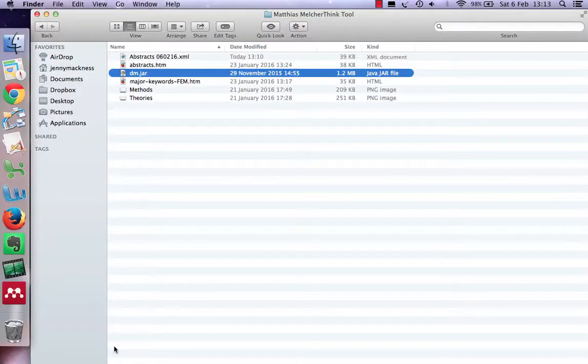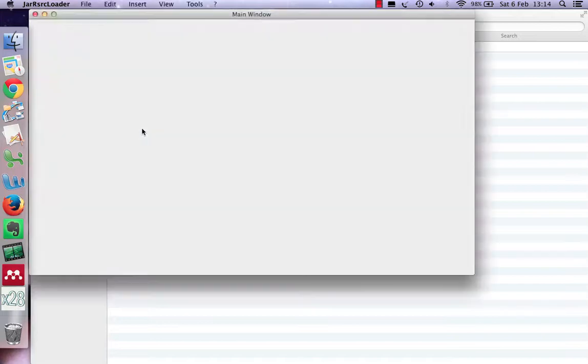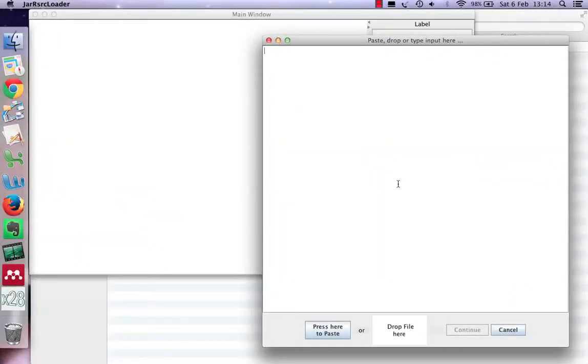So the first thing I'm going to do is to open Matthias Melcher's Think tool, which is this one here that's highlighted. So I'll do that. This tool is freely available on his blog. And when you do that, two windows open. The main window is where the mapping will occur. And this window, as it says along the top, "paste, drop or type input here", is where you put your